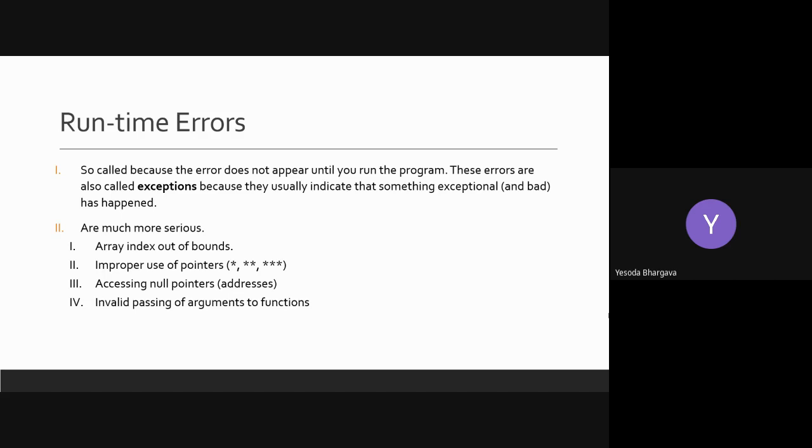So runtime errors are quite serious because they terminate your program in the middle, and at least from the debugger's output, it is easier to understand. And sometimes when an error occurs, we don't really understand it, so we try to Google it and gain sufficient knowledge about what it means, and then come back to the program and see how it is happening. So the first step towards debugging, if you are using an inbuilt debugger in an editor, is to learn to understand the error messages. That is extremely important when you want to debug your piece of code.